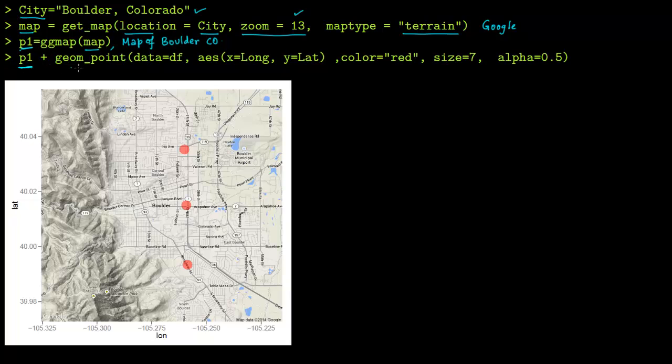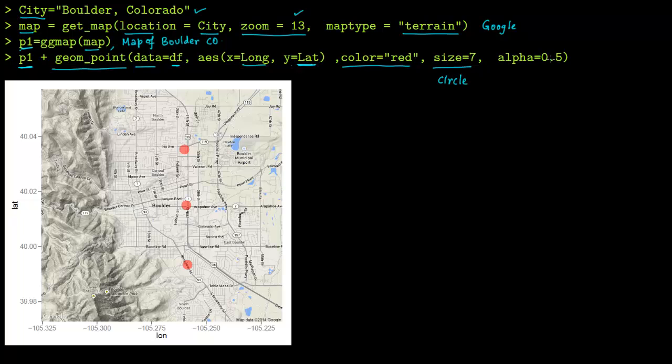Now on this map you add the coordinates of your addresses. You add these geometric points. Your data is the data frame df we made just now, and the x coordinate is the longitude, the y coordinate is the latitude. Color is red, as you can see. This is the size of the dot. If you want bigger bubbles, you can make it bigger. If you want it smaller, you can make it smaller.